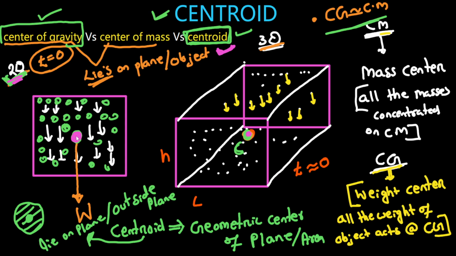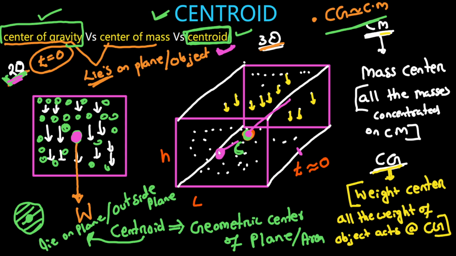How? It will lie on the same plane. If you extend this one inside the screen of this laptop, what will happen? At the t/2 location, the center of gravity will be present in the same line where the centroid was